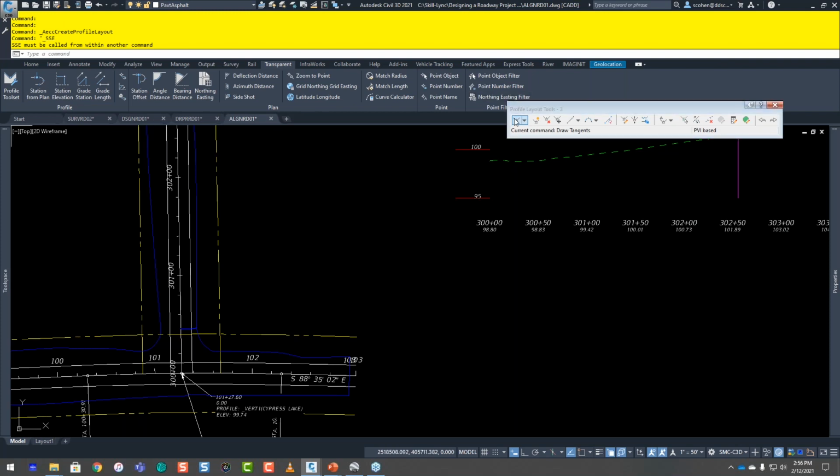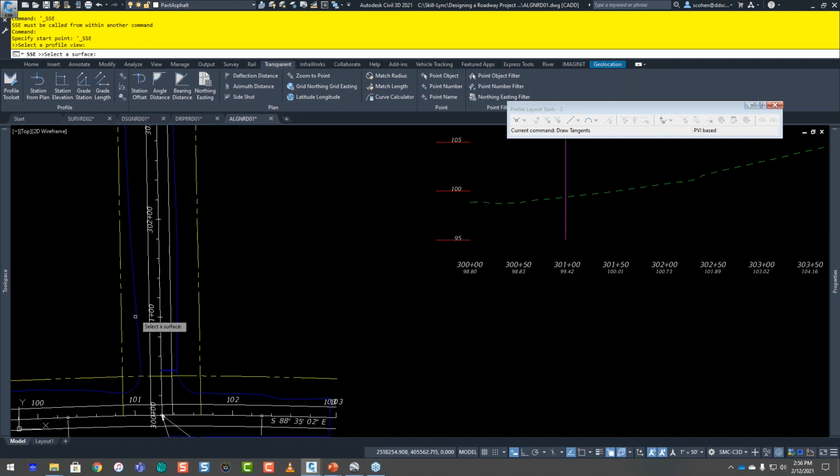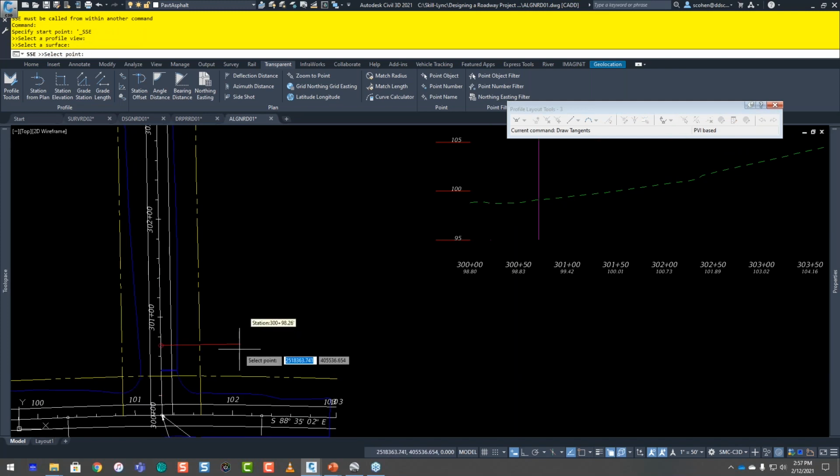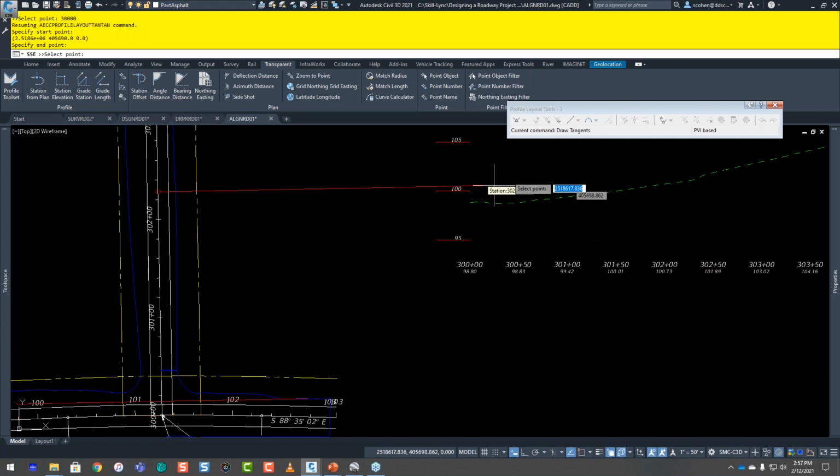So actually, I've got to first start the tool, and we'll pick this. And again, it says pick profile view. You pick your profile view. You pick your surface next. And then you pick the point. So this is at the beginning of my alignment. So again, dynamic input is on, 300 plus a pair, press enter. And again, I can press escape